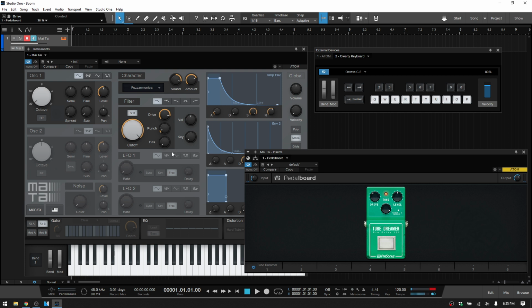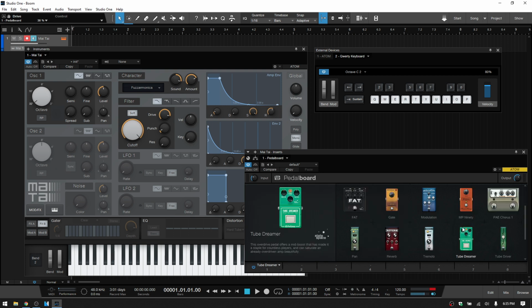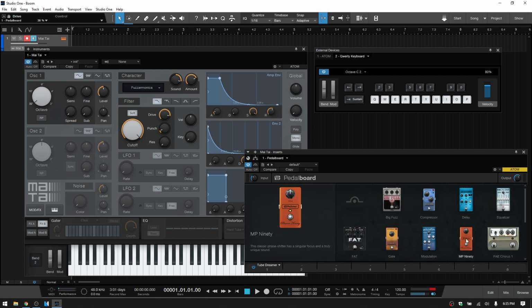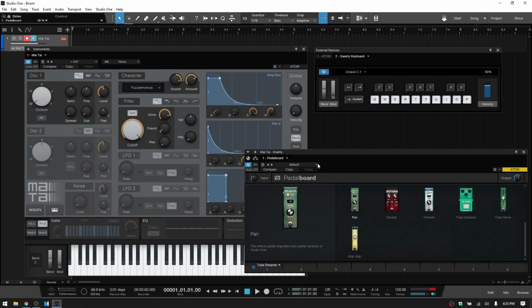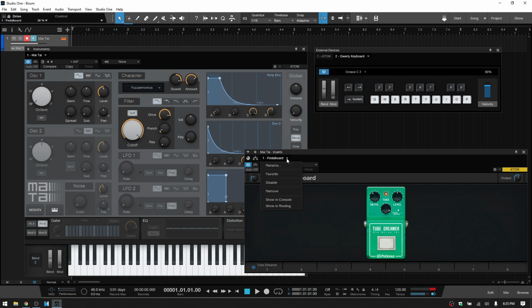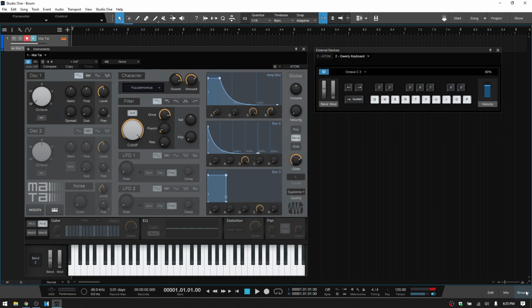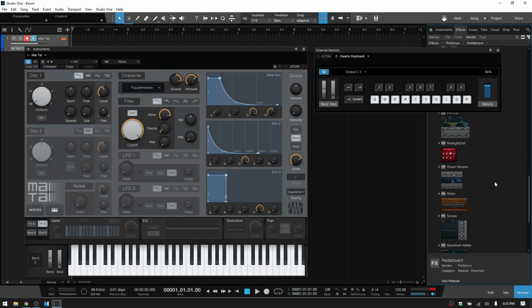Okay, so that's the pedal board. You've got a lot of different pedals that you can experiment with. So definitely check this one out, but let's close this and move on to